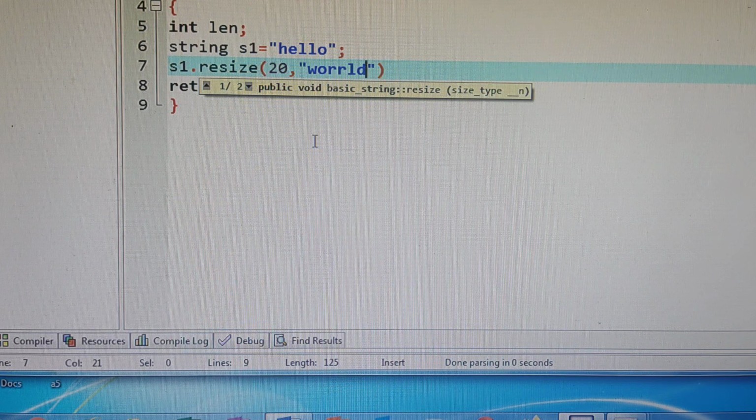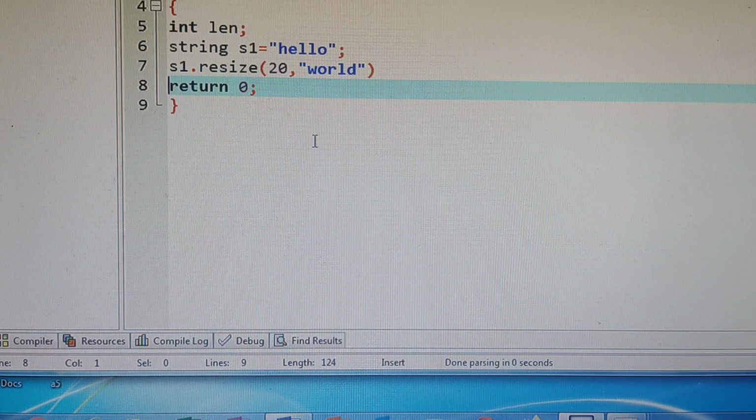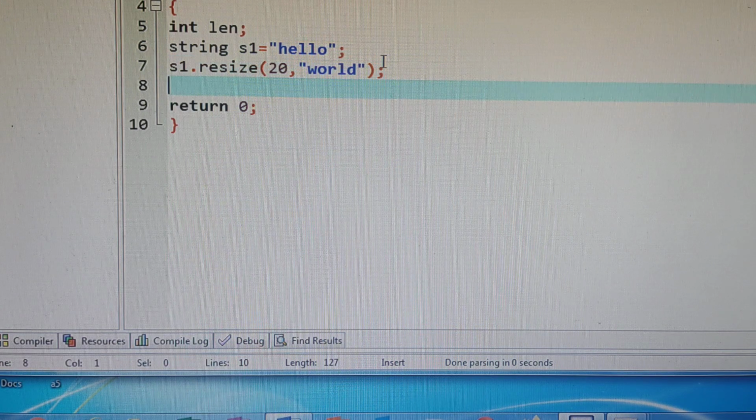Now give the semicolon. Now after this I am printing s1.